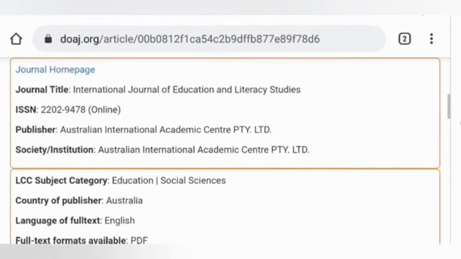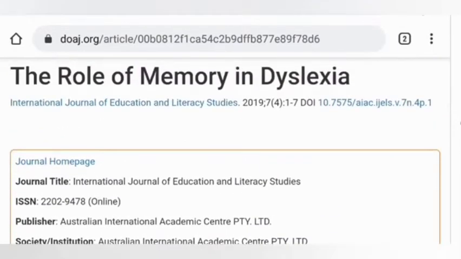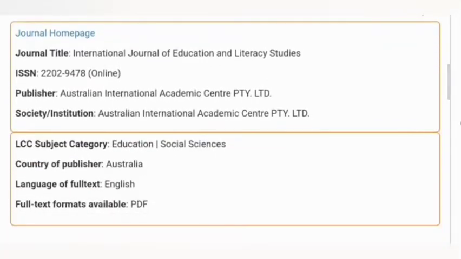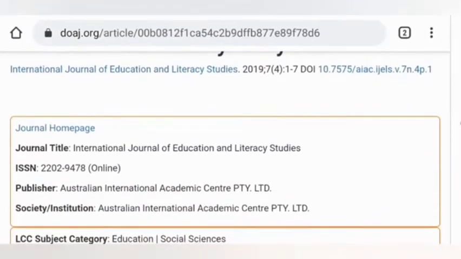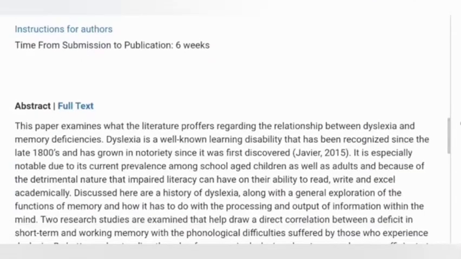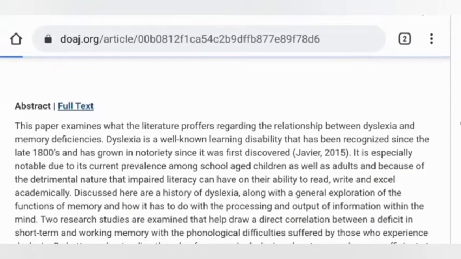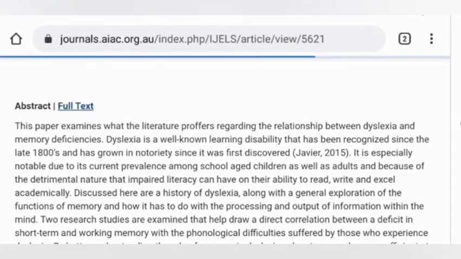Publisher and everything will be there: name of journal, ISSN number, and publisher, every detail will be there. Here the option is abstract, and beside the abstract, the full text option is there.